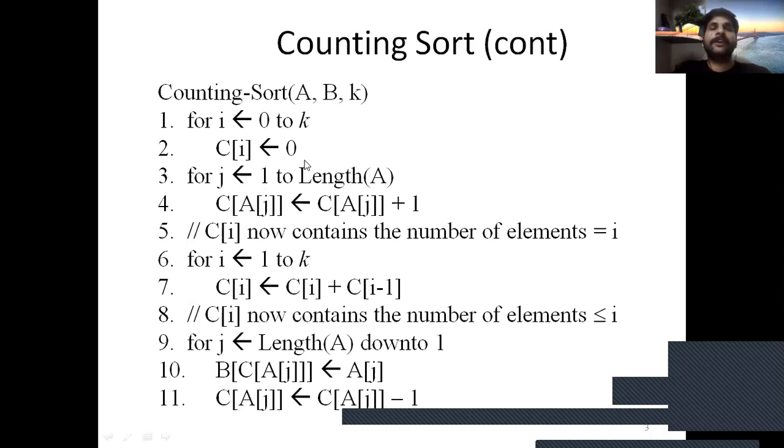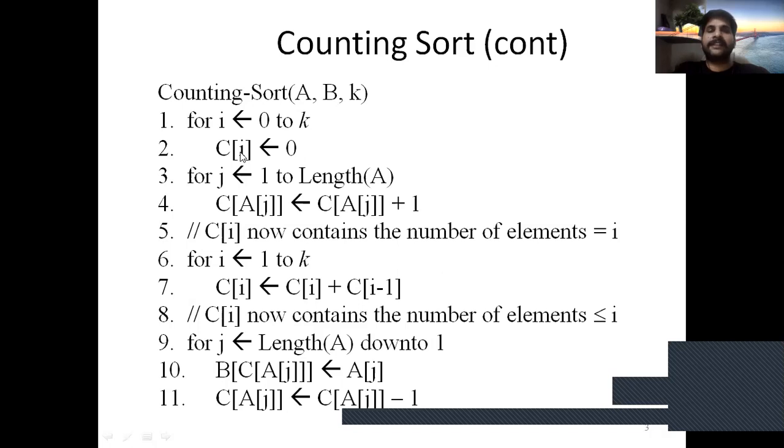In COUNTING-SORT(A, B, k), A means the input array, B is the output, and k is the maximum element in the array. In the first step, we apply a for loop, i from 0 to the largest element k, and we initialize the auxiliary array C[i] equal to 0.